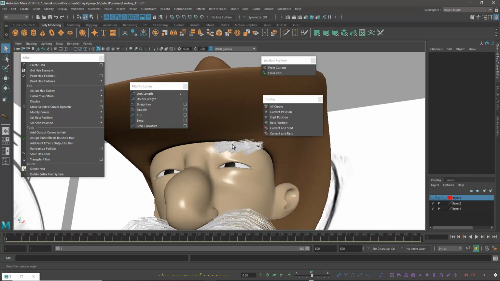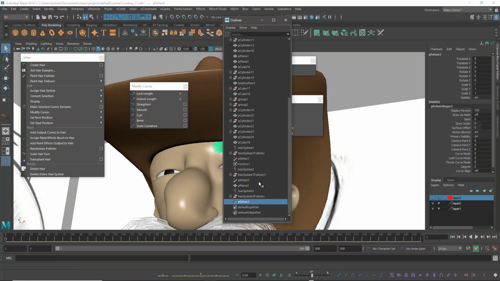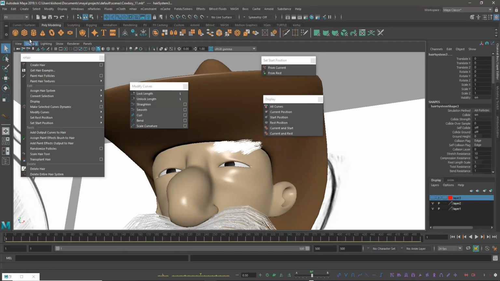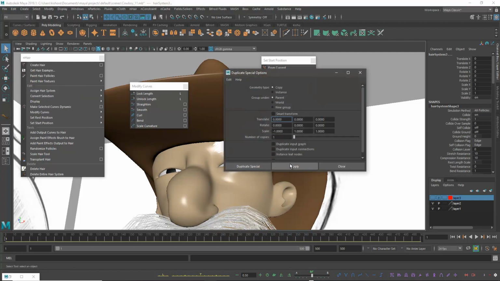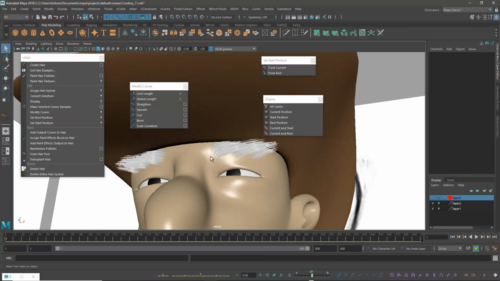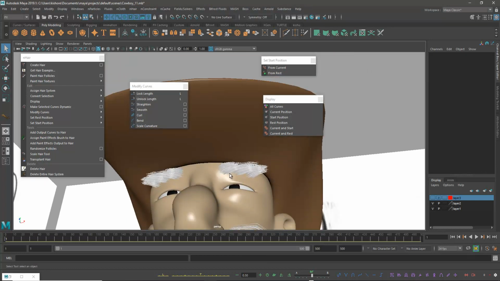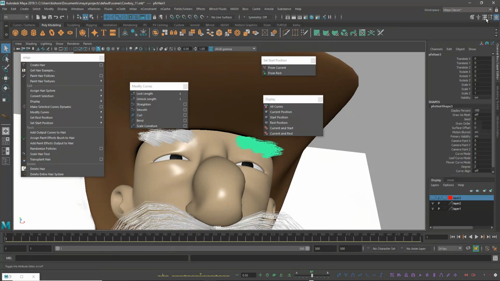So here what we are doing, go to the outliner, same process, this one, this one, this one. Okay, duplicate special. Got it. Actually we have to do with a completely polygon. Okay, but still it is not a simulated one, it's simply a static one, right?